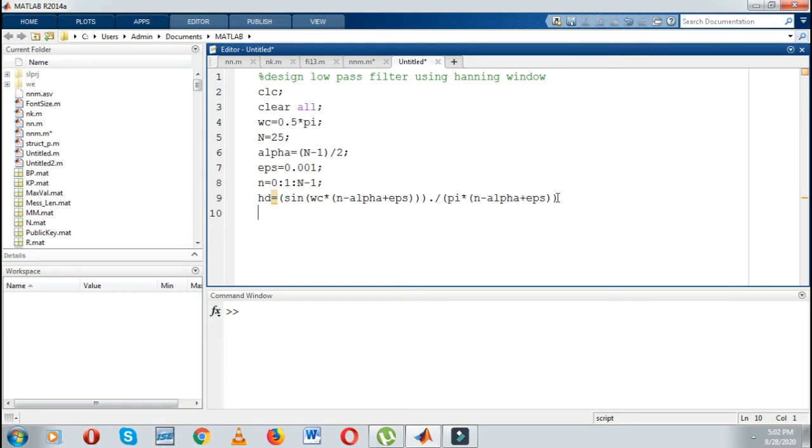So basically we know that whenever we design a filter using a window, in that case just multiply that desired impulse response with window function. So what is the window function? So I will write hn, Hanning window is equal to a command, that is hanning of what, that number of samples N,